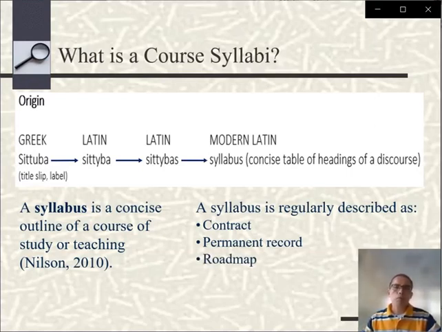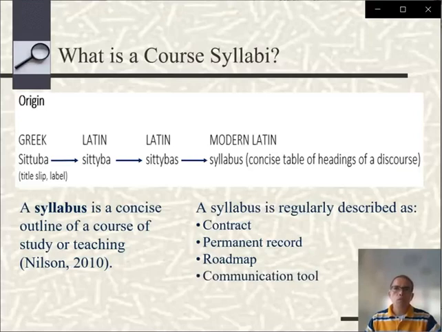Roadmap. A course syllabus serves as a roadmap for both the faculty and student. The document is usually the first topic of discussion on the first day of a class. It lets the student know at the very beginning of the course what the expectations are, how to contact the instructor, what assignment will be due, and a class by class or week by week plan of what will be happening.